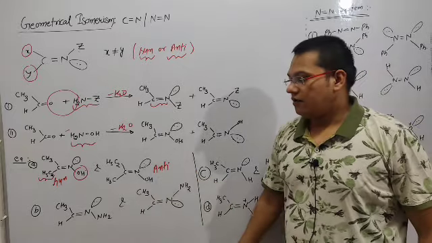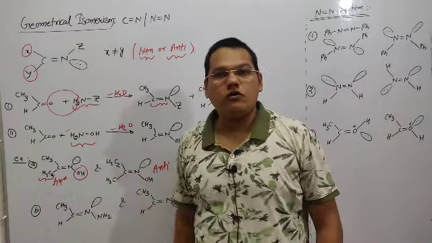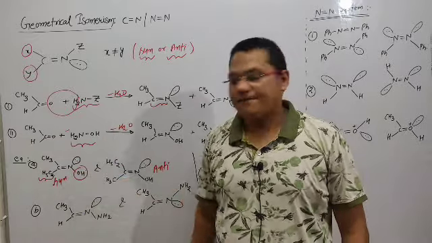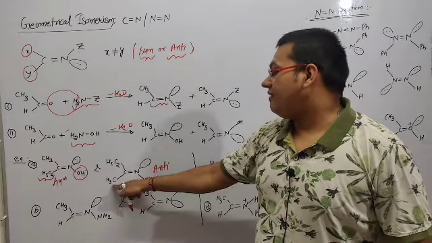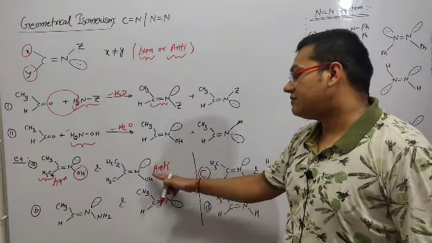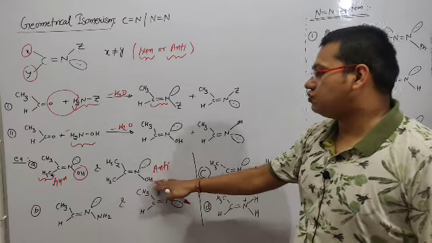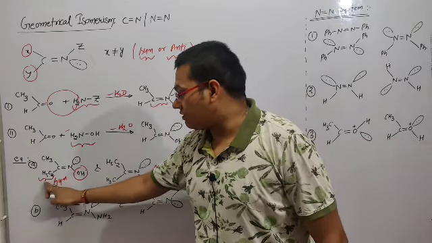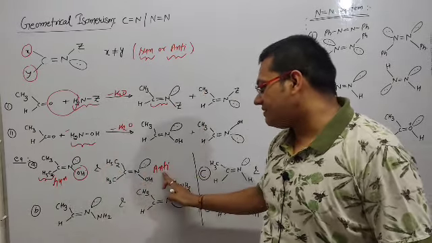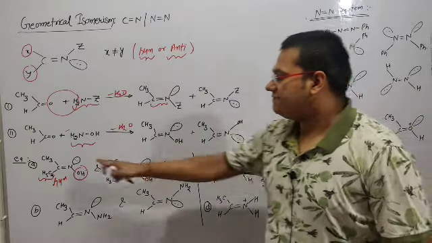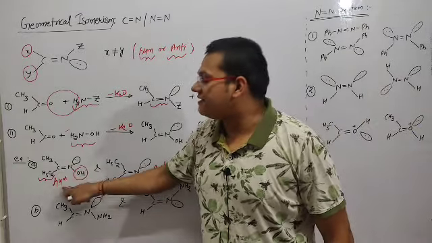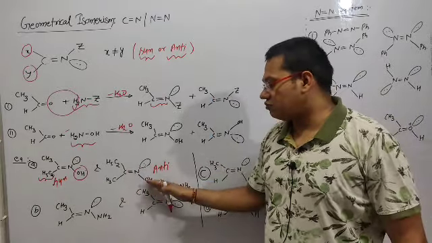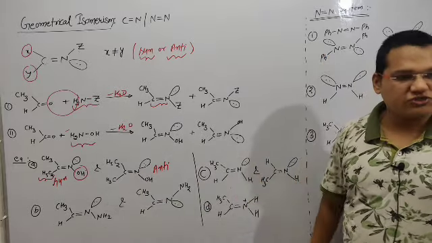Do not focus on the lone pair. You focus only on the groups. If we say with respect to methyl this system is anti, and with respect to methyl this system is also what? Syn. Because first you choose the group. Which group is attached? Here the OH group is attached. With respect to ethyl, this is syn. With respect to ethyl, this is anti. If with respect to methyl, this system is anti. With respect to methyl, this system is syn, because this OH and CH3 group are both on the same side.